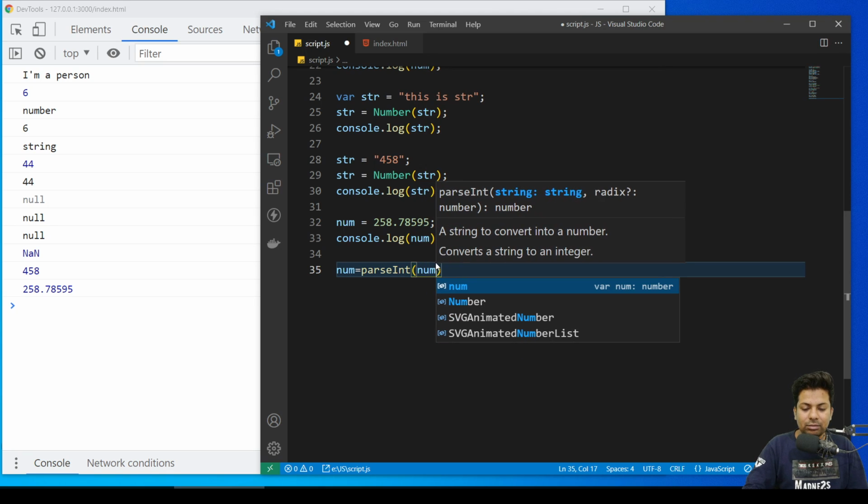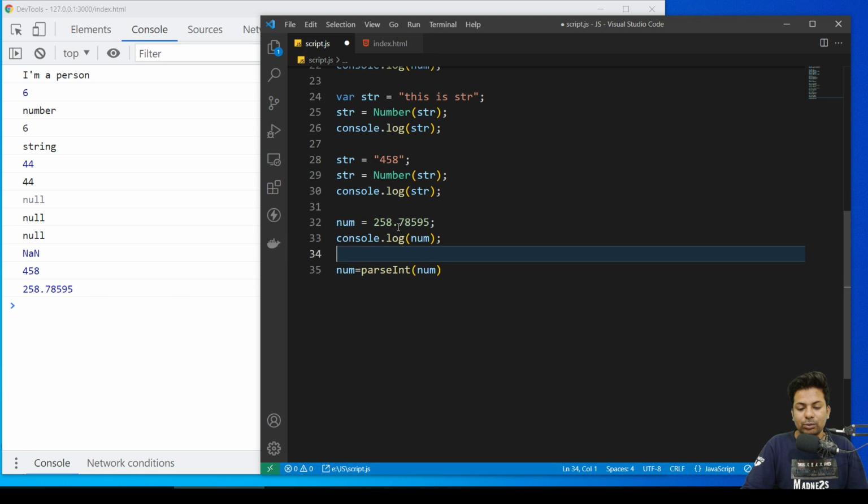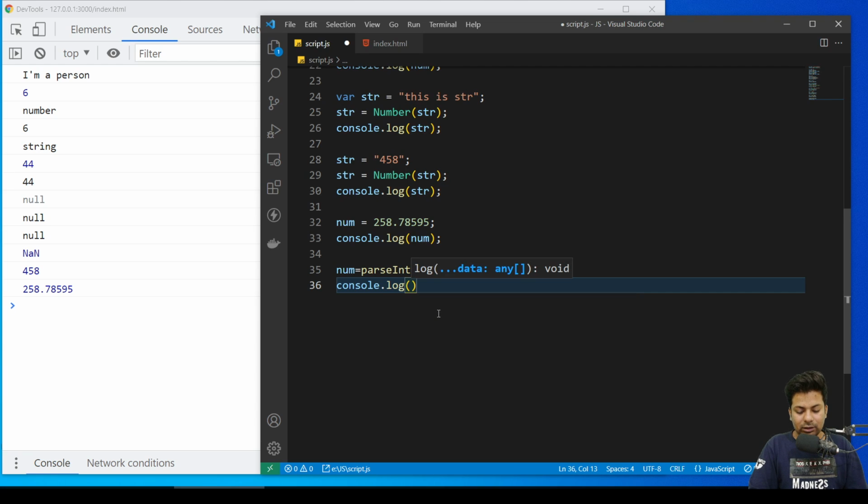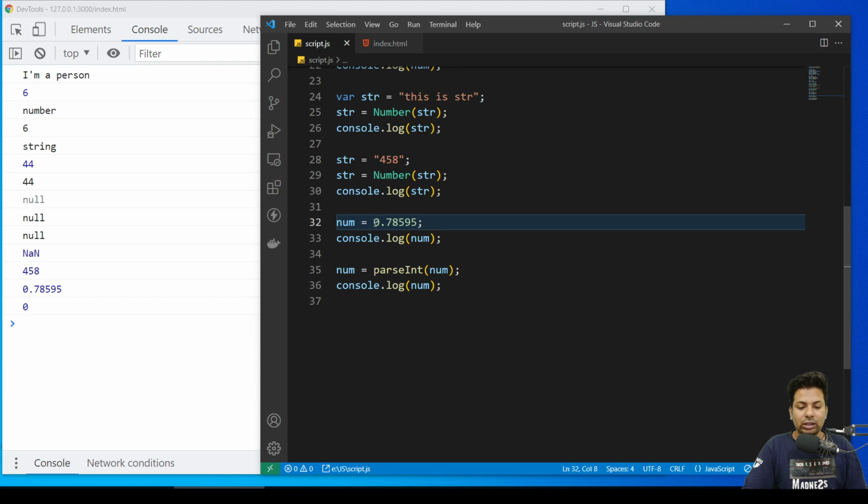So I say parseInt(num), and it will just remove the dot and everything after it, and give you the integer value. console.log num, see, you just got the integer. So any number you have, suppose you have 0.something, you get 0 only. Suppose you have 786.789, you get 786. Whatever value you have, you will get the integer of that.